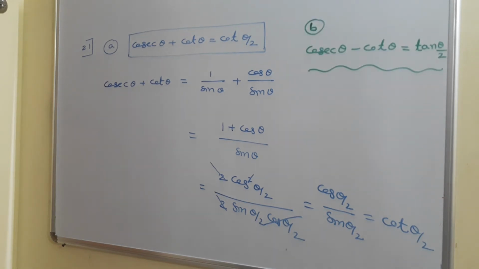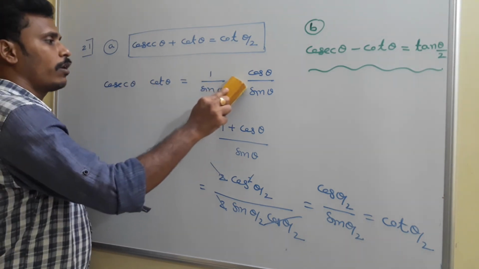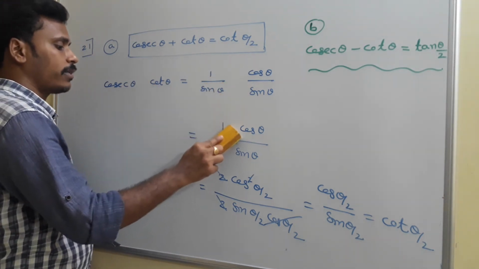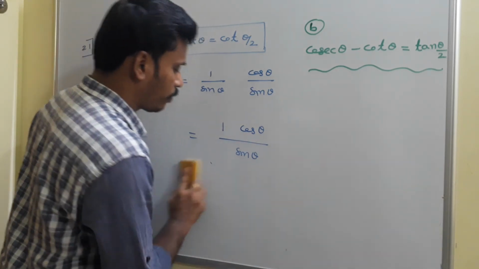And then B, which is cosec theta minus cot theta, and that is equal to tan theta by 2. Okay, you just try the B bit now. Just look there. We need to do cosec theta minus cot theta. You just change this plus sign to minus, that's it. Plus sign to minus, and here how can we simplify? That's the second part.